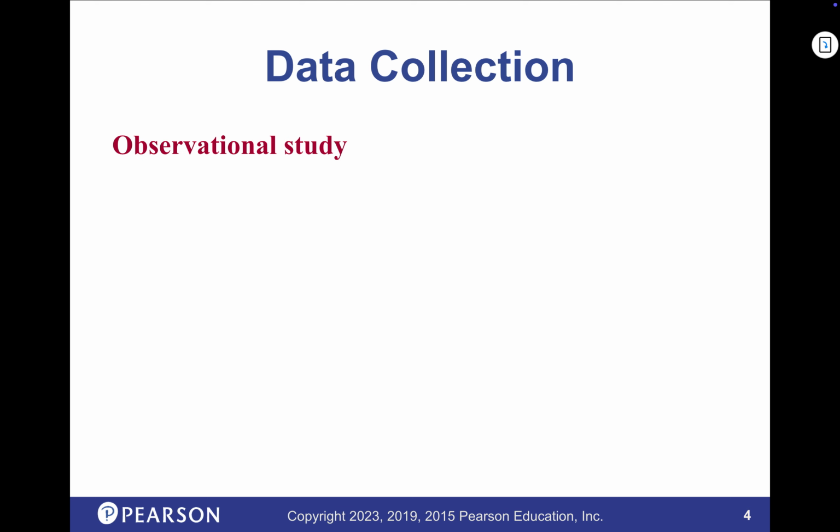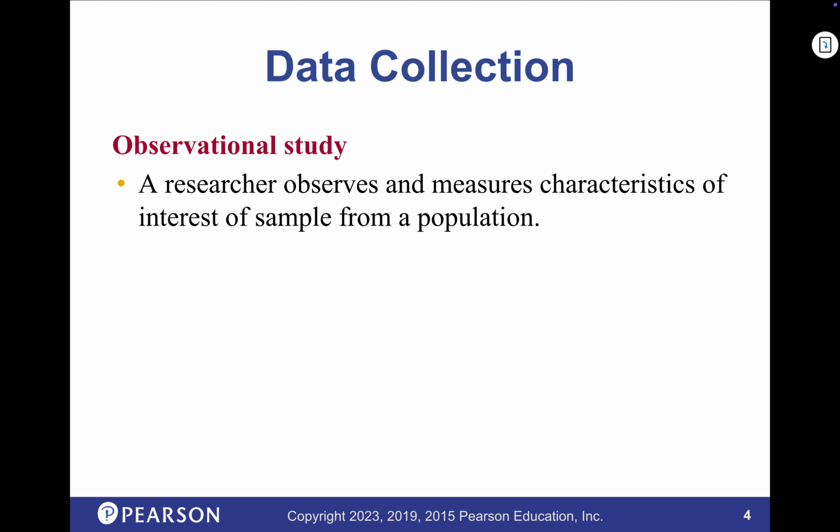For an observational study, how are we going to collect data? Well, you sit and you watch. Maybe you sit in the back of a classroom and you take notes. That's an observational study. You could also measure things. Again, you're not trying to influence things, but it might involve measuring the size of someone's pinky in relation to the size of their arm. Something like that's an observational study. You're not trying to influence anything. You're just trying to see, is there a relationship between the size of someone's pinky and the size of their forearm or something. Okay.